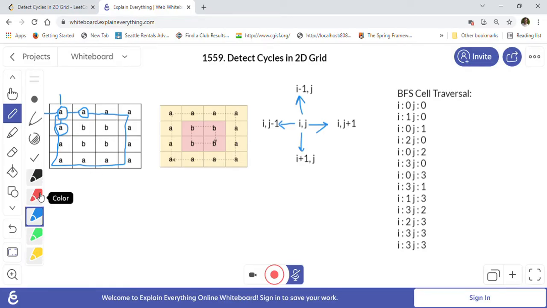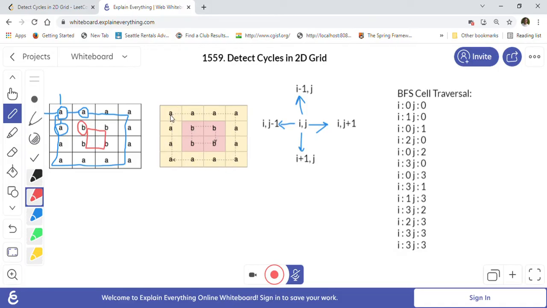There is another cycle in this matrix from this b. This b also we can try to find out if a cycle exists, and if we go like this, in four directions, then we can reach back to the original b where we started off, and that is cycle 2 in the given matrix. So this is highlighted in this grid.